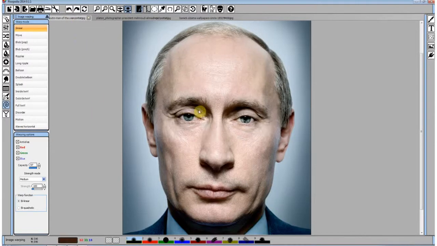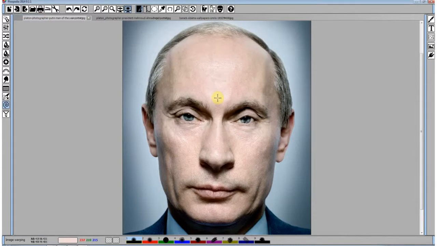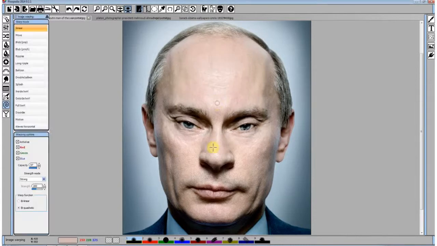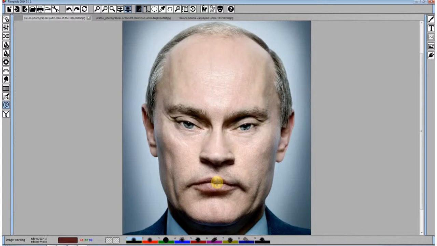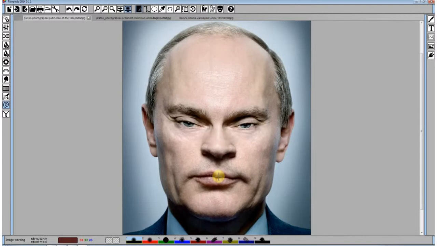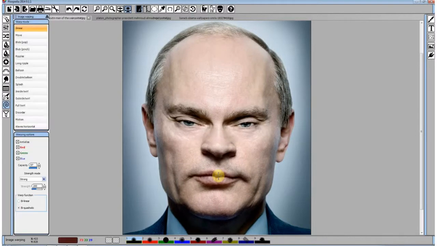So we will stick to this immediate warp with medium size, or we can use, let's say, biquadratic with strong. Just make a slow adjustment so that you get caricatures from images.